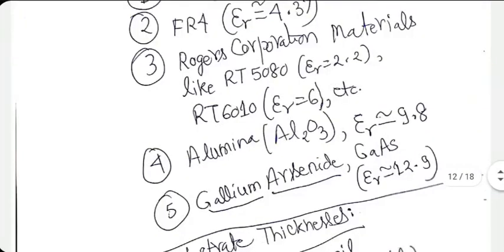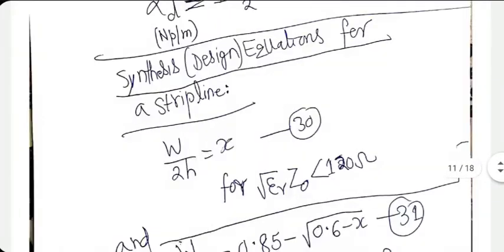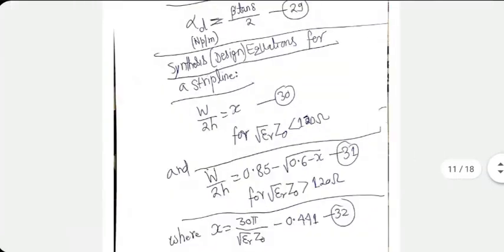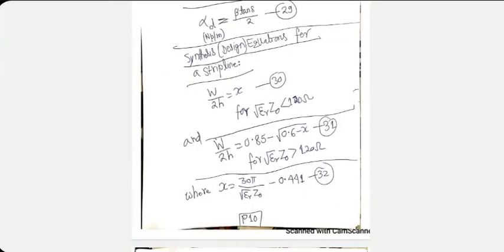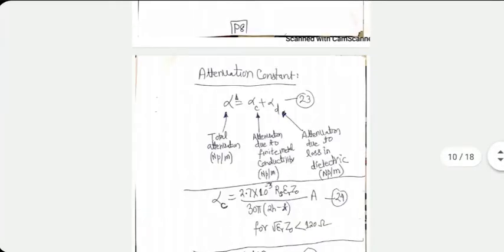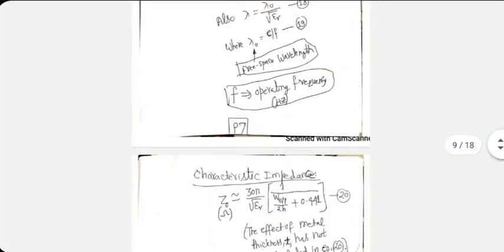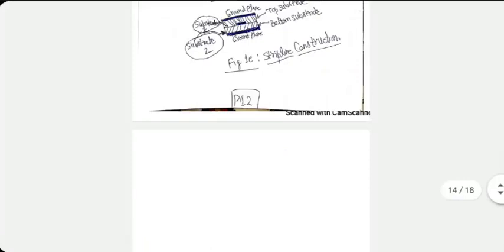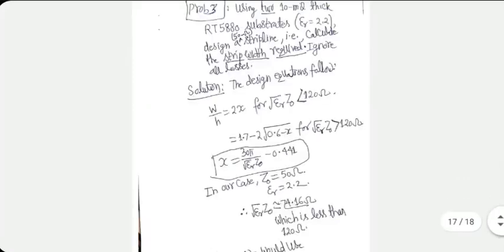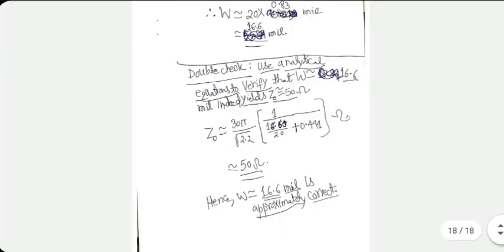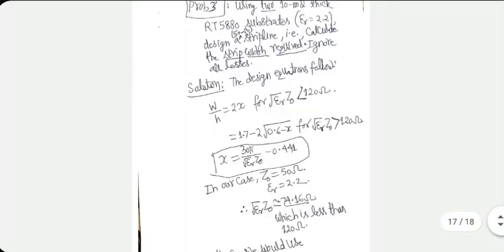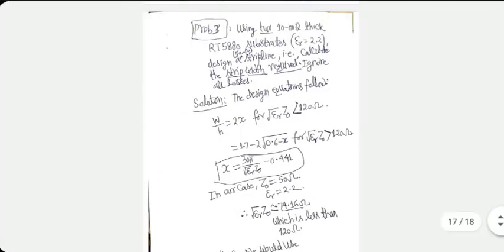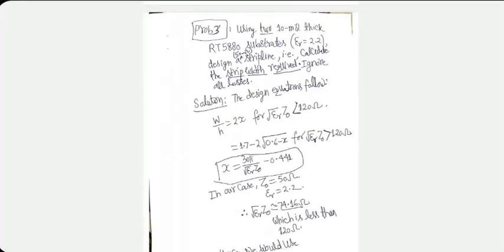Okay, let me show you the formulas to use. Now you are supposed to calculate W. So these are the formulas. For analysis, these were the formulas, right? So these are the formulas which I am repeating in my solution to the problem. Now one problem may be there. Let me double check first. Yeah, there are two different formulas for W by H ratio.